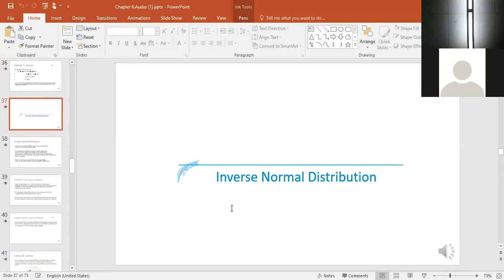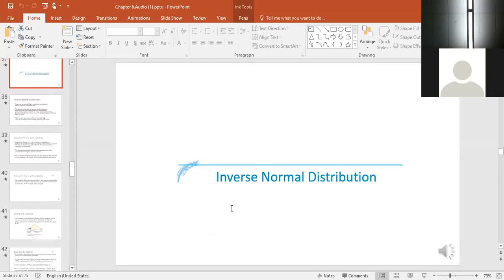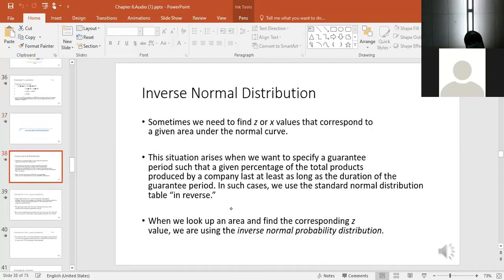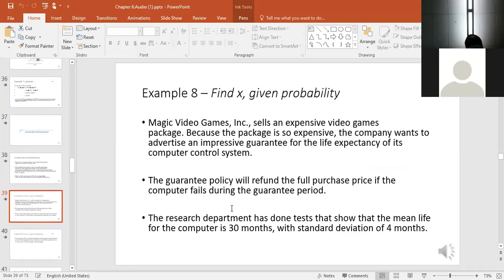Inverse normal. I will do 1 or 2 examples of inverse normal. Suppose I want you, look, suppose I like giving example from the PowerPoint so that you feel good when you get it right. This is not an easy one. Anyway,